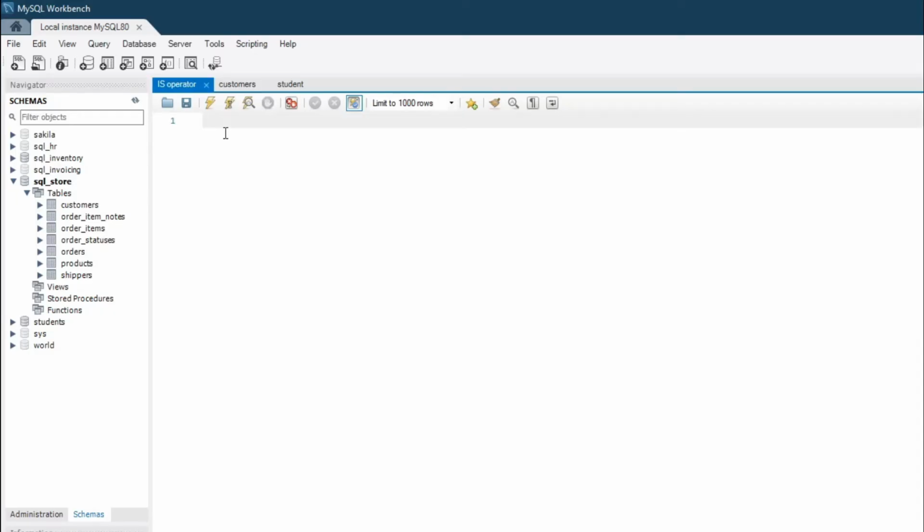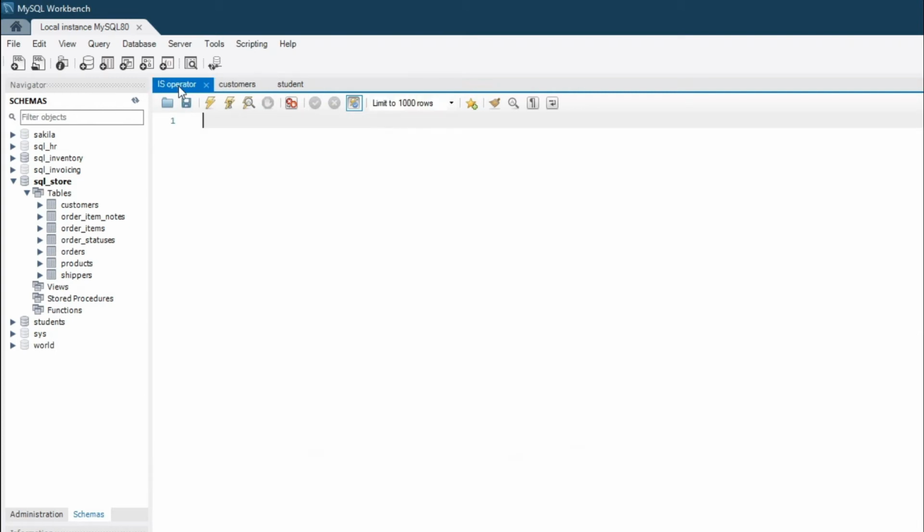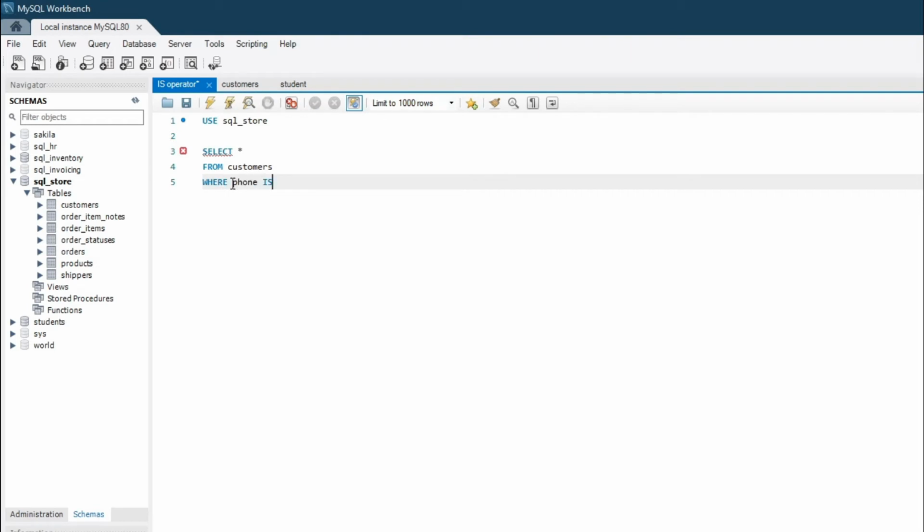So now we will see the IS operator. For example, you can see this fifth customer has no phone number. Just in case you want to send him a mail saying you don't have a phone number, please add your phone number, then we will just write like this. First of all we need to use the database SQL underscore store, and then select star from customers where phone is null. Now if I run it,